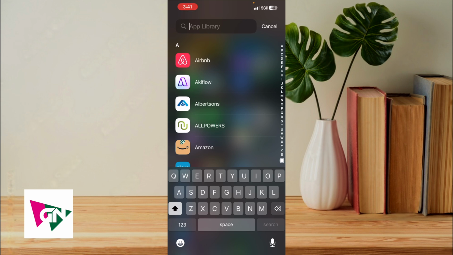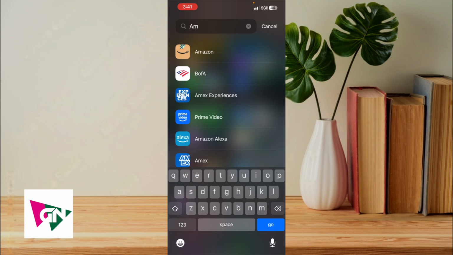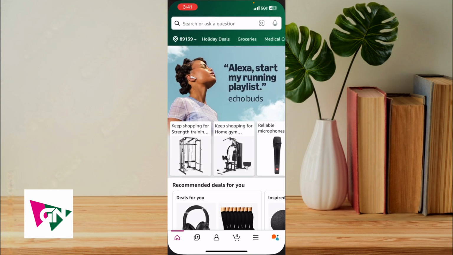But before we get started, I do want to make sure that your Amazon application, the one that looks like this brown icon here, is up to date. So do make sure that you go into the App Store or Google Play Store and make sure that it's up to date. Now, once you have that up to date or installed, let's go ahead and